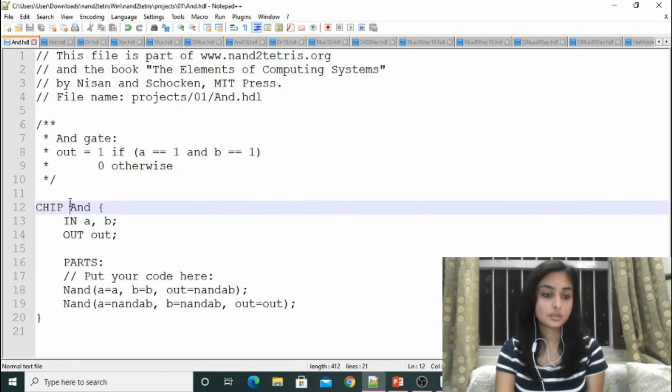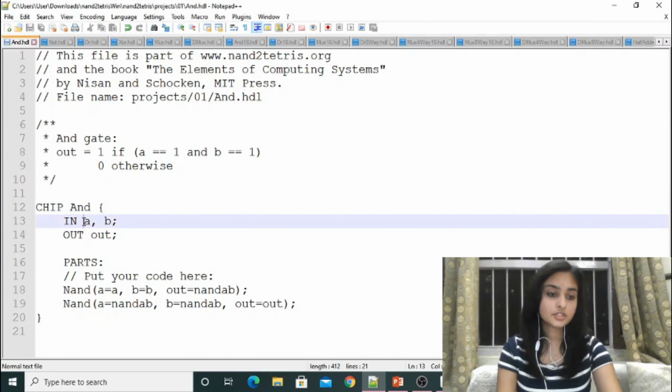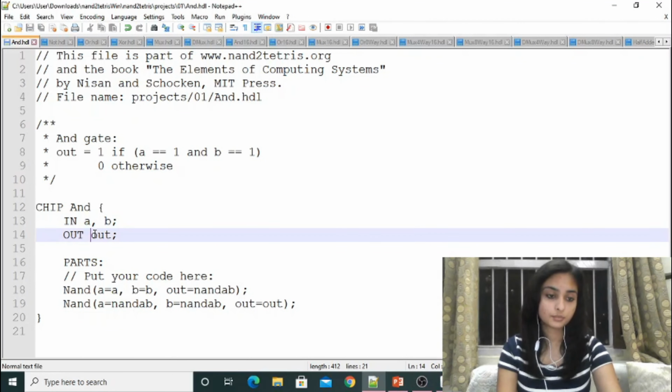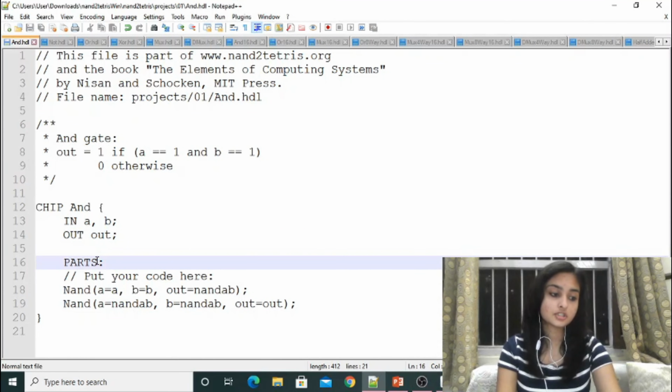So here we have CHIP And. The function of CHIP And is giving the chip a name after we create the chip. The hardware simulator will know that such an AND gate exists, and if other gates call for this AND gate, it will be used in their description. The IN used here depicts the input, and the inputs in this gate are a and b. Next we have OUT, which describes the output. Next we have PARTS, which is the implementation of the gate as we discussed before. We have NAND in our pocket, so we can utilize NAND to create our respective gates, like here we are creating the AND gate.